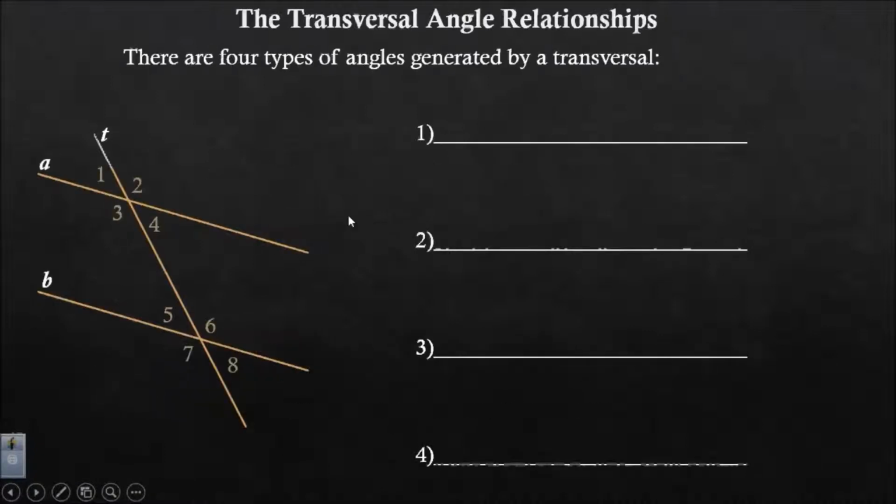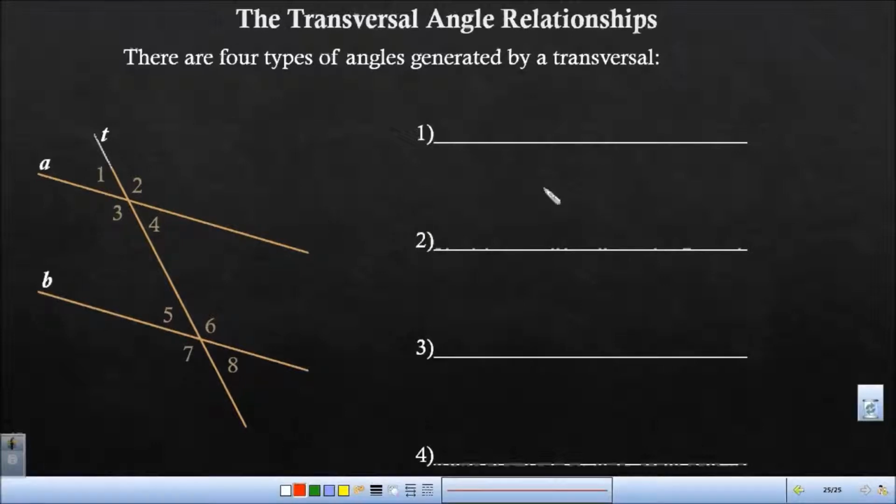Alright, so the four transversal relationships are as follows. Now, of course, we have the classics that we don't include in this list. We have vertical angle relationships, and we have linear pairs. But the new ones are corresponding angles, alternate interior angles,